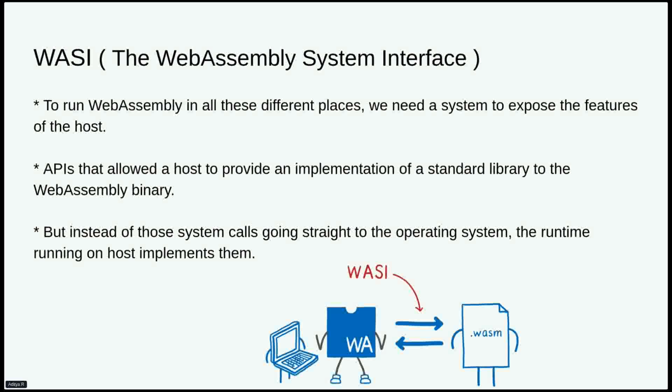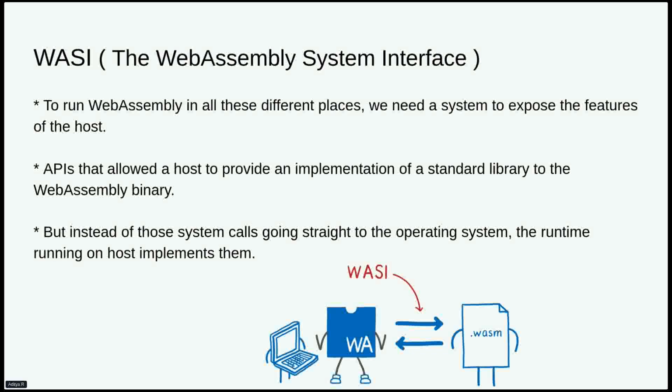There is a small diagram which depicts the actual use case here. If you see the diagram, your actual WASM module is written, and your actual system call is converted into a spec defined by WASI. For example, your host program was using an open call, and the WASI spec defines an API for the open call, so it will be automatically converted into the WASI spec. And since your code is converted as per the WASI spec, the WebAssembly runtime will know what it has to do for a specific implemented API call.